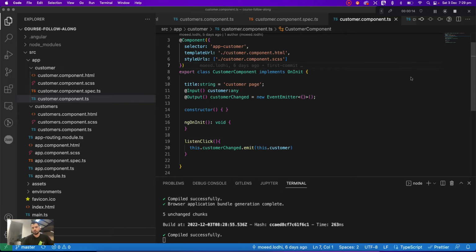In the previous videos, we went over the input-output decorators, which can be used to send data from a parent component to a child component, and use the child component to emit events which the parent component can listen to and update elements over there. So yeah,